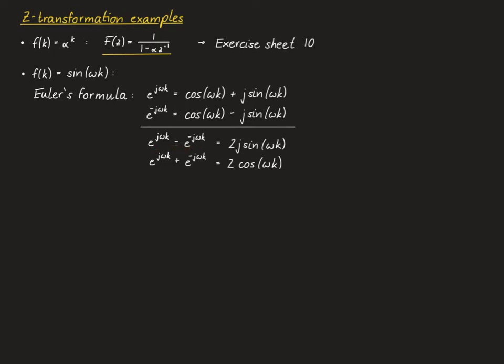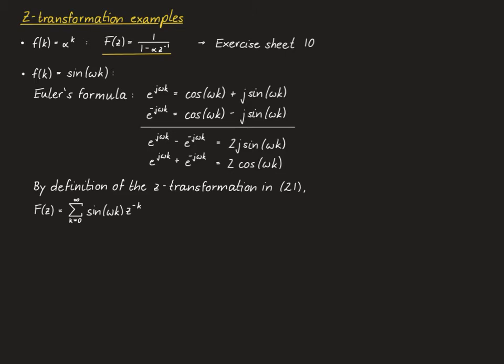and if we add the two equations, we obtain that e to the j omega k plus e to the minus j omega k is equal to 2 cosine omega k. From the definition of the Z-transformation in equation 21, we get that f of z is given as the sum over k from 0 to infinity of sine omega k times z to the minus k, where we can now substitute this equation, which we call star star, in order